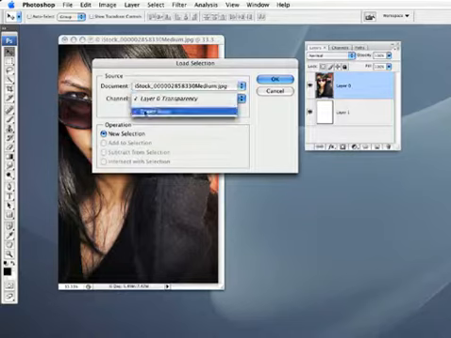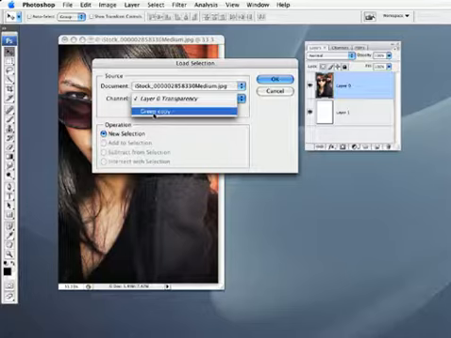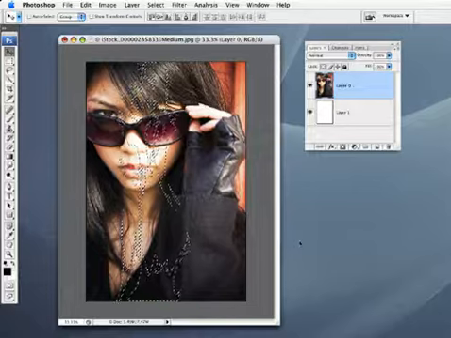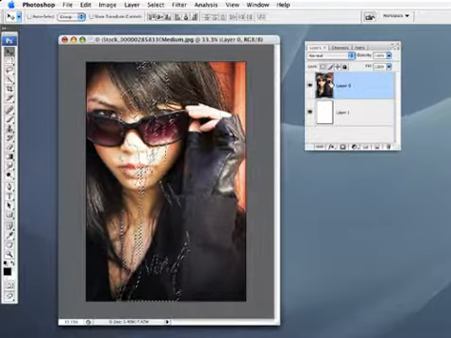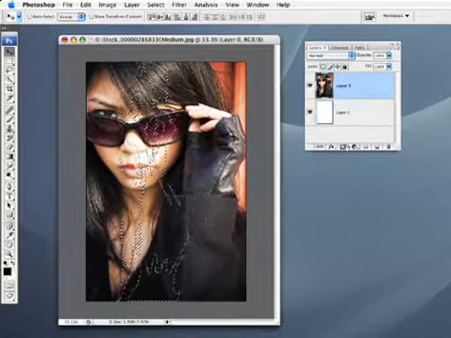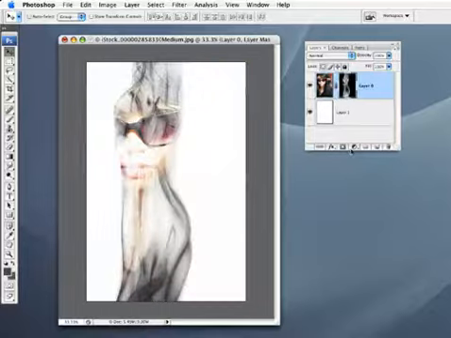And we just need to go in there and find that channel, which was the green copy, as you remember it was called. So we'll select that option, New Selection, click OK. There the active selection is based on that alpha channel. Now, because we're on this layer, it supports transparency, we're going to create a layer mask. So with that selection active, I'm going to click on the layer mask icon toward the bottom here, and boom,